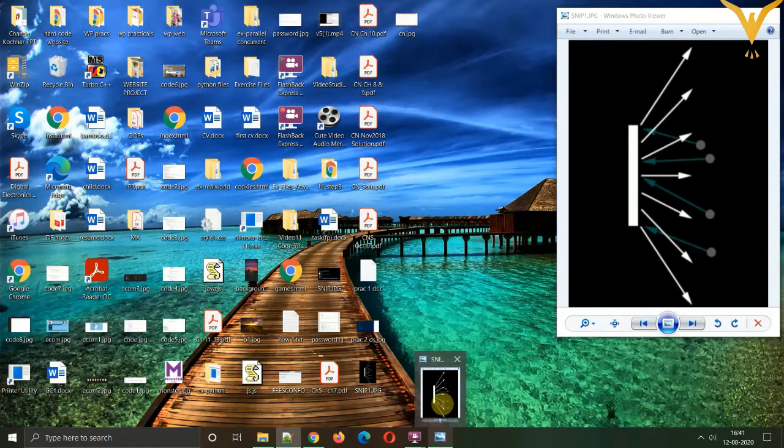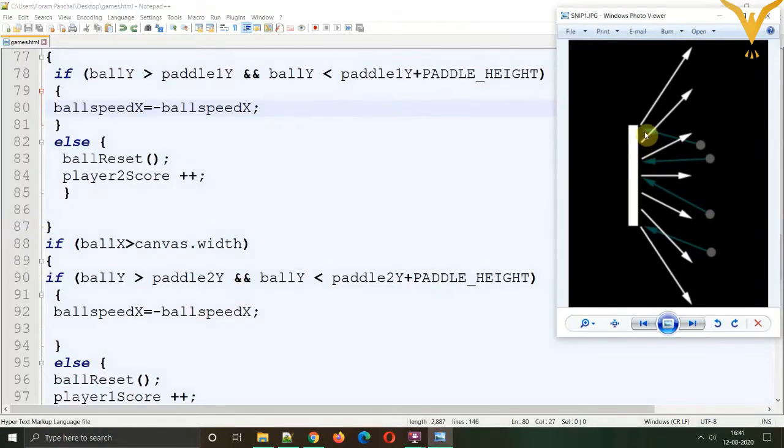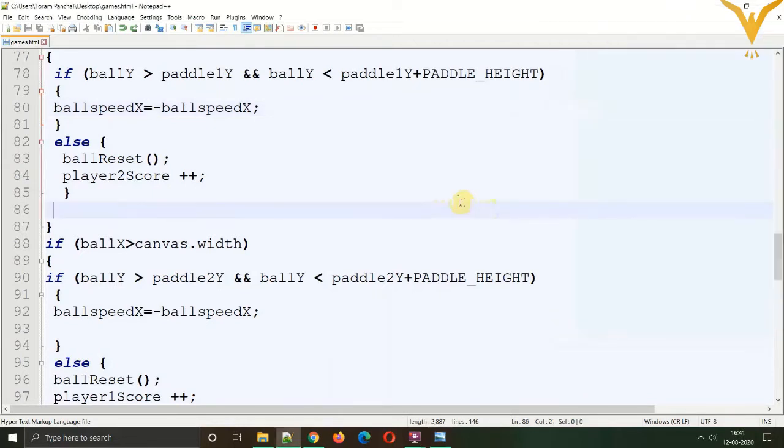So for that we need to understand this. If the ball touches the extreme edges of the paddle, it should change its direction, not just flip its direction. So if the ball hits over here, it will move upwards. If the ball hits at the bottom, it will move towards the bottom. It will not reverse its direction. If the ball touches the paddle at the very center, it will move on the same path in the opposite direction. So for that, into the conditions where the ball is touching the left and the right edge, what we'll do is we will calculate a minor change.